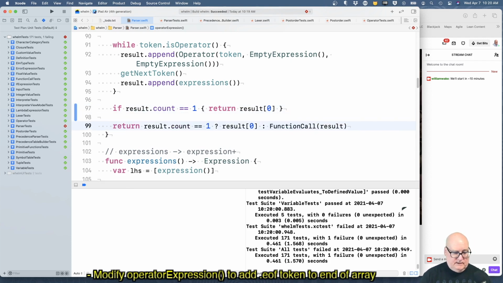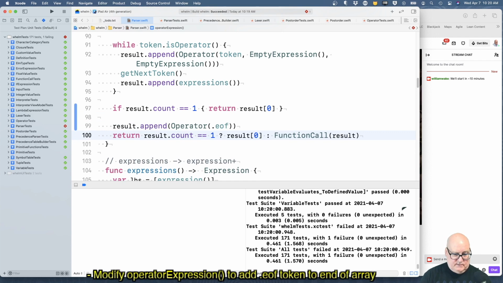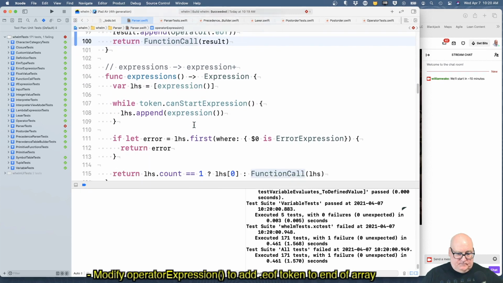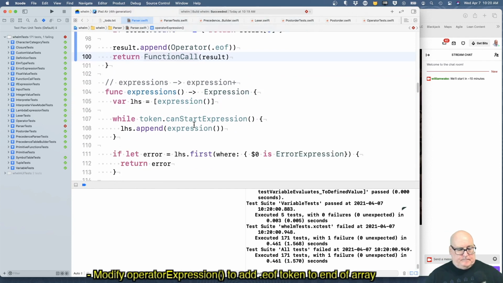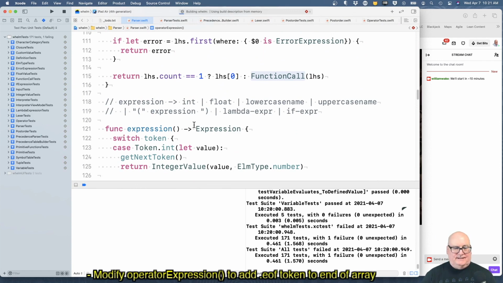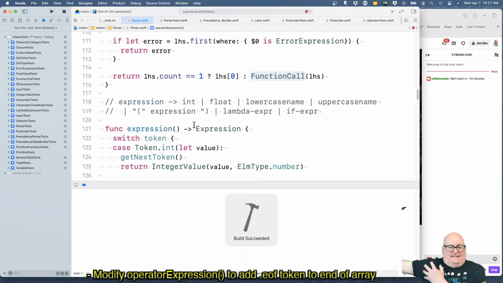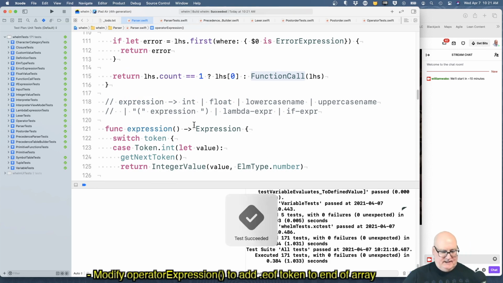Otherwise, result.append operator.eof, and then return, for now, function caller result. Okay. That should pass. Cool.